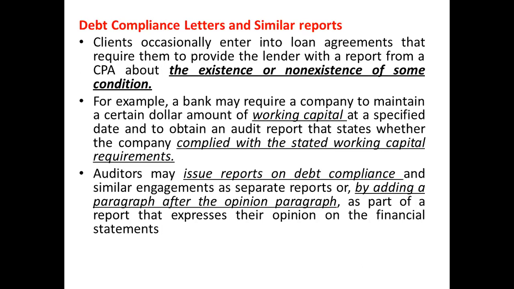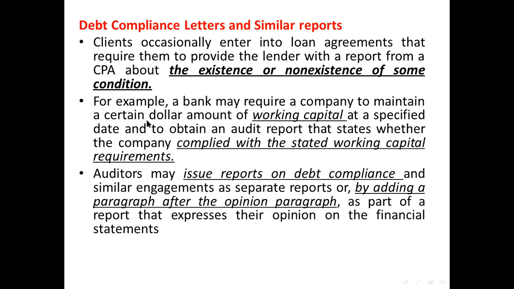Clients occasionally enter into loan agreements that require them to provide the lender with a report from a CPA about the existence or non-existence of some conditions or terms. For example, a bank may require a company to maintain a certain dollar amount of working capital, or a certain amount of inventory, or cash ratio, liquidity ratio, or profitability ratio, or whatever. So that would be considered the terms or conditions of the contract. Here the auditor may be asked to review whether the company complies with these conditions and maintains a certain amount of working capital